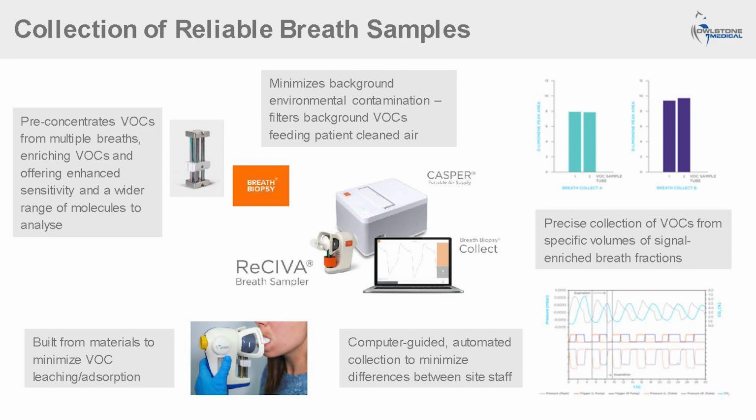And the receiver is plugged into a computer, which essentially allows you to monitor how a breath collection is going, program in a particular volume of breath that you want to collect, and also program in a specific fraction of the breath. We typically focus on the lower breath fraction that's been in more recent contact with the bloodstream. And so it's going to contain a much higher concentration of VOCs that are biologically relevant versus things that you're just inhaling, basically. So the receiver is computer guided. It gives information to sampling staff to tell them if they need to change anything about how the patient's breathing or anything like that. And it's designed to be able to be used across multiple clinical sites, minimizing any variability between sites as well.